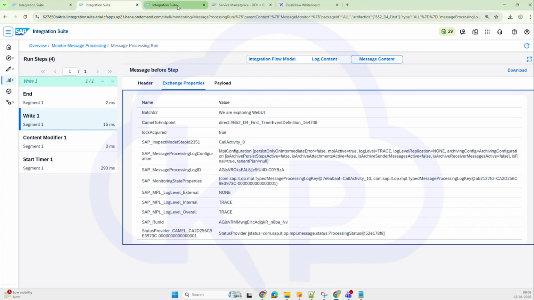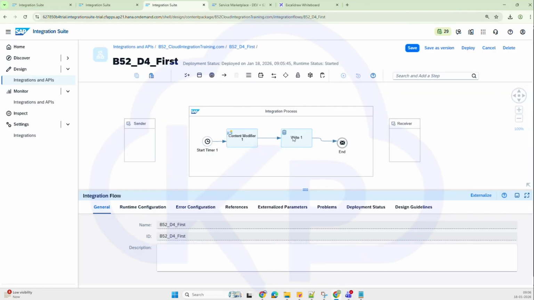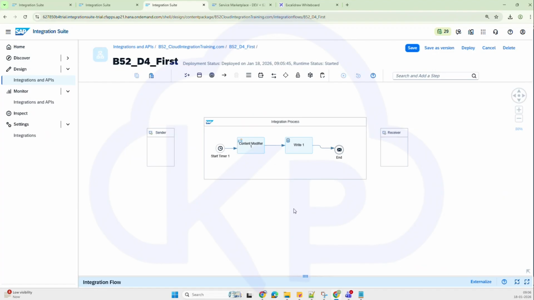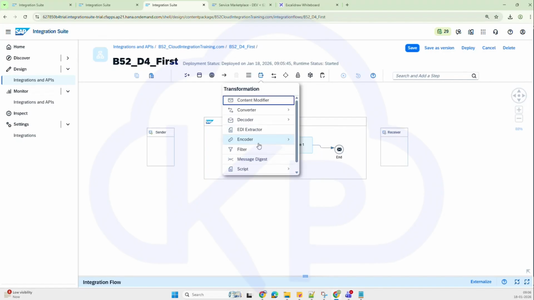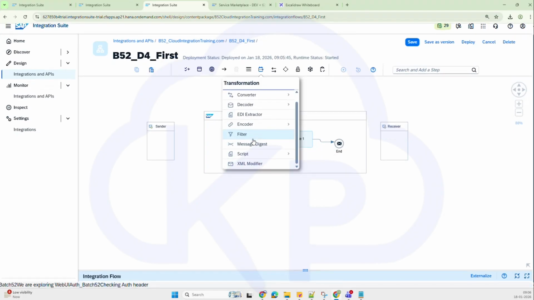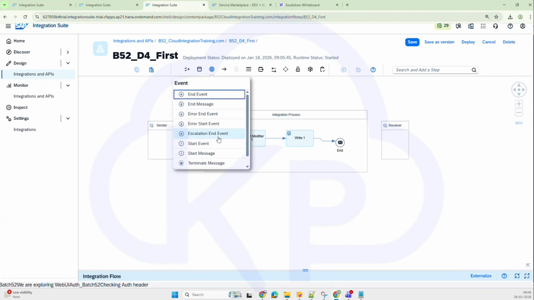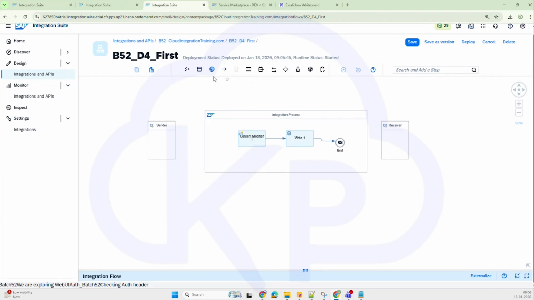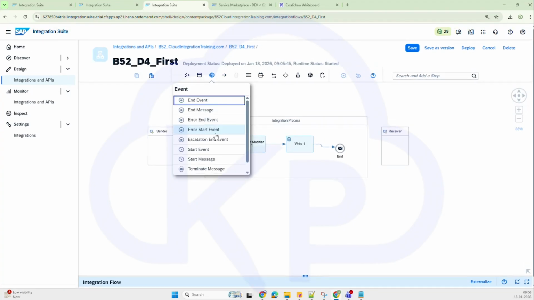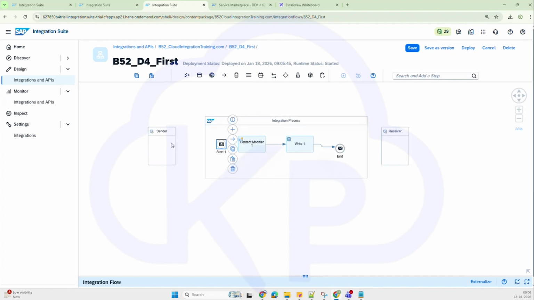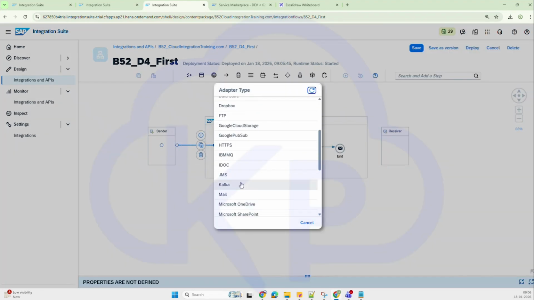So, header property. Now I am going to tweak it some more. I started my discussion saying that it is not necessary that we would be needing a sender and receiver. Now let's assume I want to send some data from an external service. I want to make it a little real. Start message. So now I'm going to connect it to a sender and I'm expecting some data to be coming to my flow